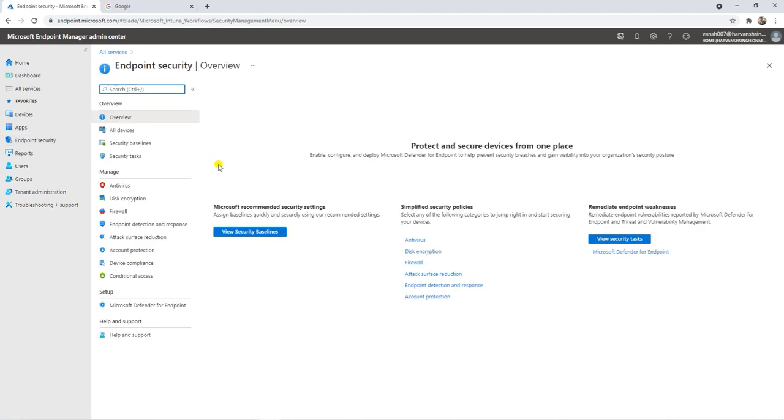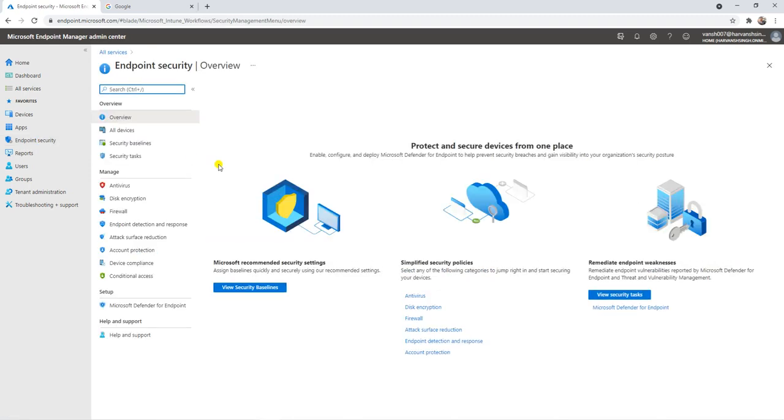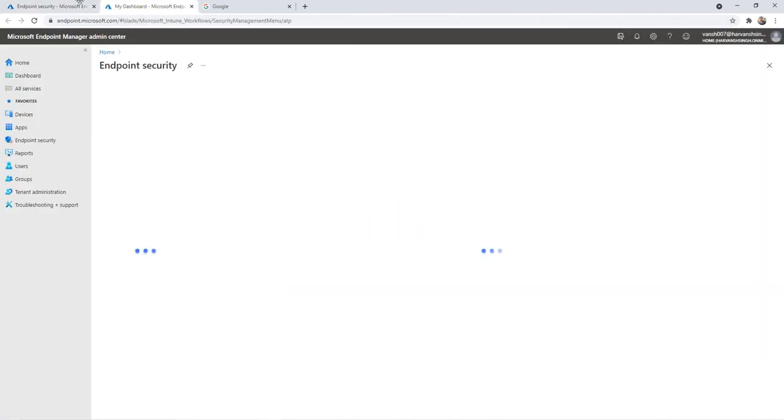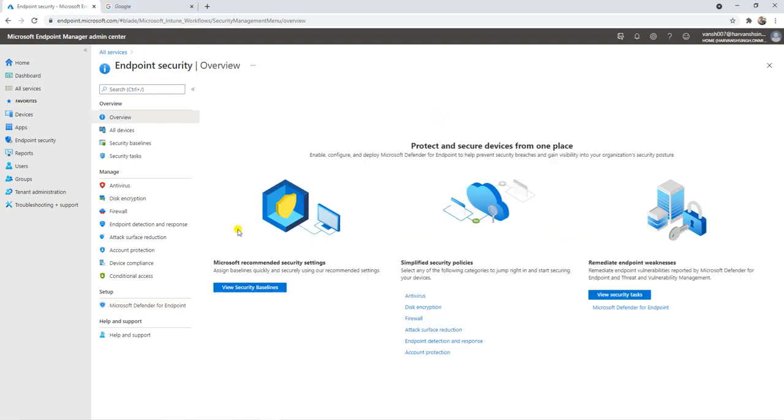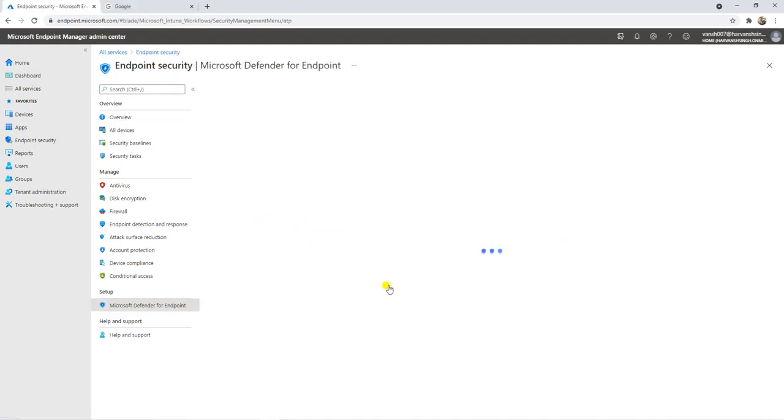Let me go to endpoint protection. So what is this? This is your Windows Defender ATP, so you can call it the Microsoft Windows Defender console. If you are using Windows Defender in your infra, you can integrate it, and here is a link. If you click here, it will open a new window and you can go to your Windows Defender. No, I think it's not configured. Wait, let me check.